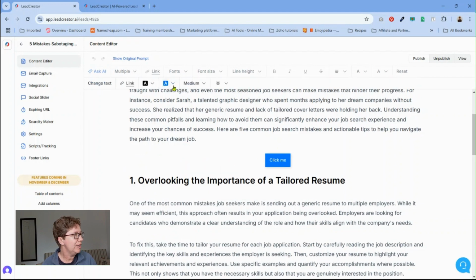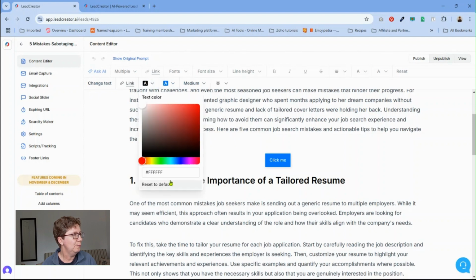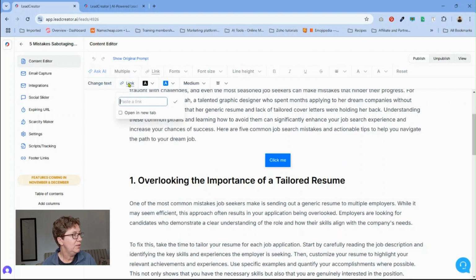This button you can also change here. You can make it another color, you can make the text another color, you can insert a link over here if you want this button to link, for example, to your main website or main landing page, or for example to your sales page as well.